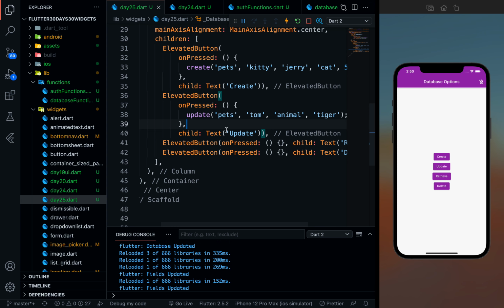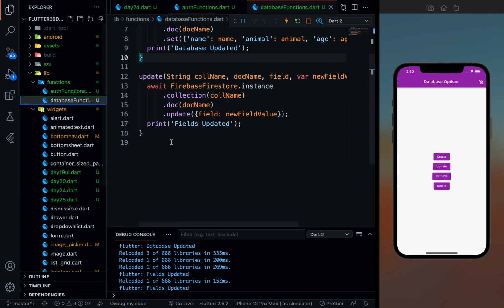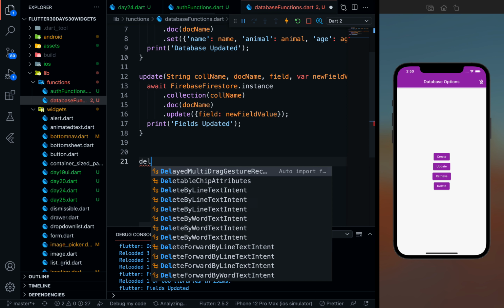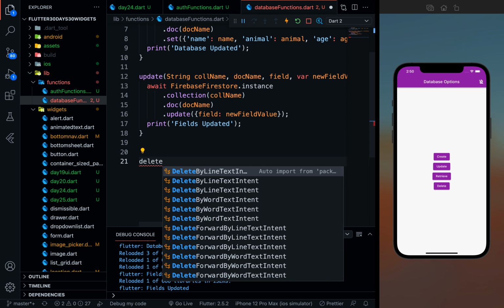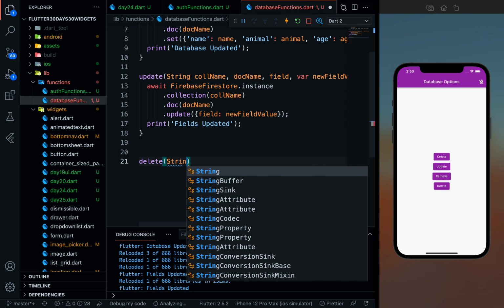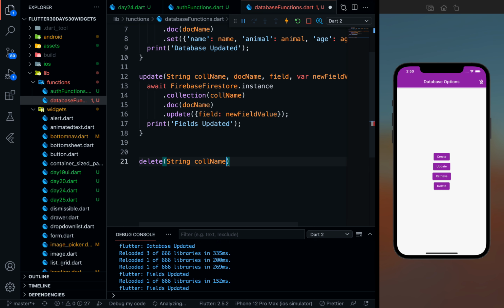Let's see how we can delete a value. So in database functions, I will be creating a new function called delete, and I will be taking string collection name. And one more thing, you cannot delete the complete collection, you have to delete documents, right?